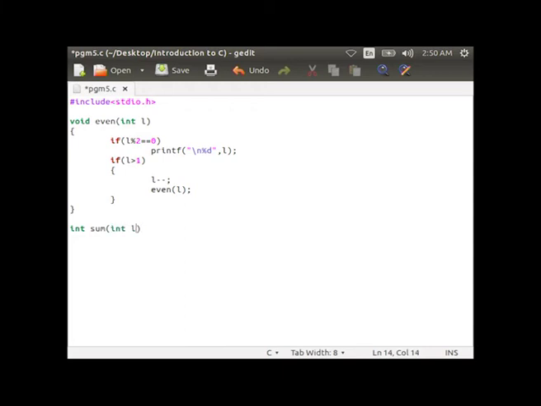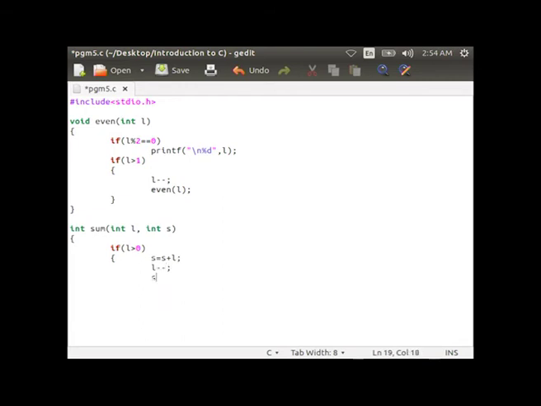Then you start with the next function sum: int sum(int i, int s) within curly braces. If i > 0, within curly braces s = s + i, then i--.